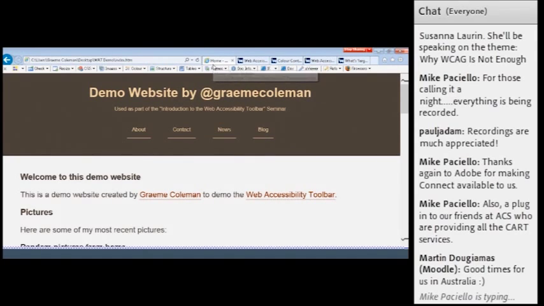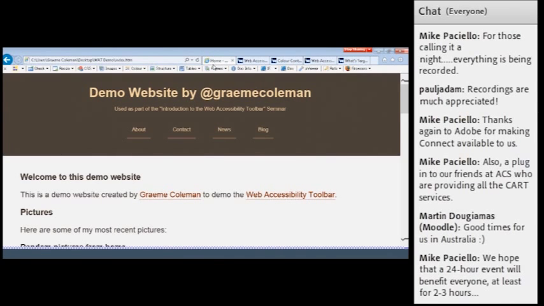The color contrast analyzer, which you can actually access from the Web Accessibility Toolbar, but you can also download separately as a separate tool if you want, and I'll come on to that shortly. But the color contrast analyzer, which I'll show you shortly, is essentially a tool that helps you to verify that color is not being used to identify important information on the page or distinguish important information on the page, but also it can be used to check whether appropriate color contrast